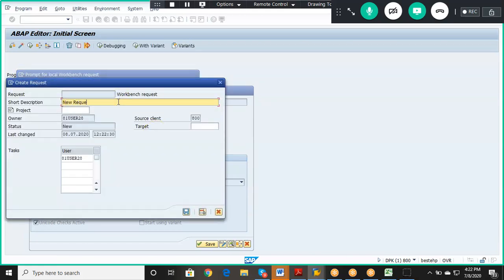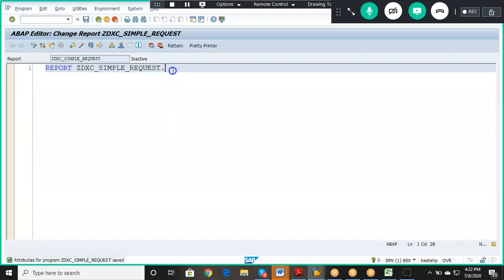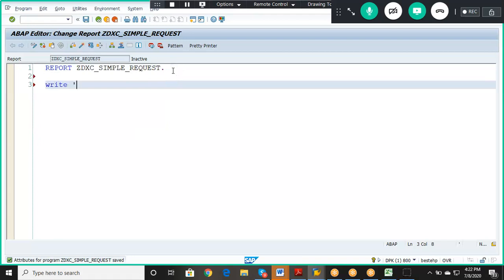new request, 3 for request number. So we go for right. Okay, whatever, we just save. Once it's saved, you activate this. Only when you activate this will we be able to release this. If you don't activate it, you cannot release a task. If you go and try, it will show an error.